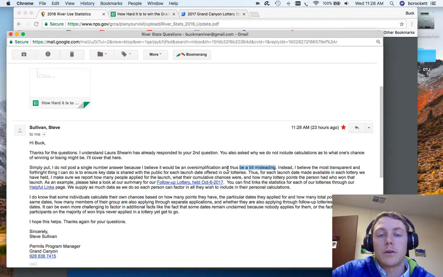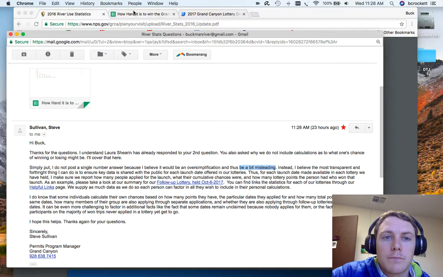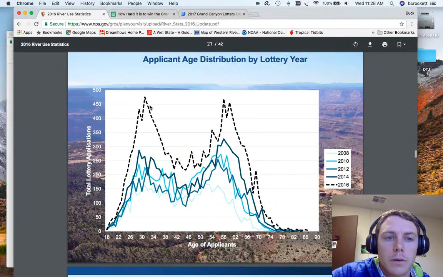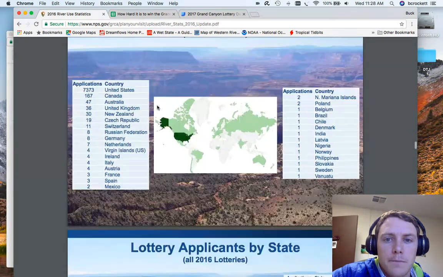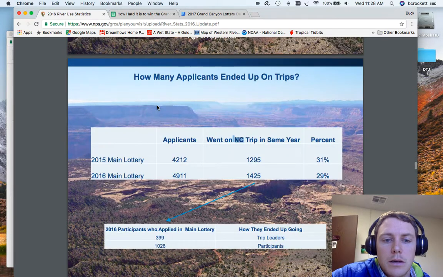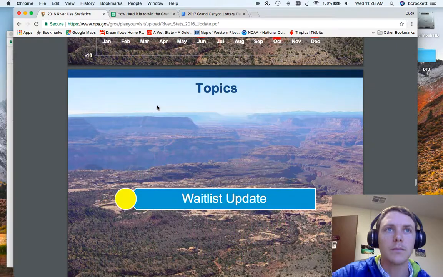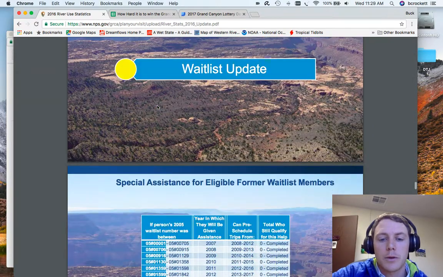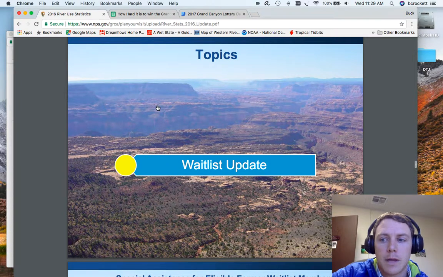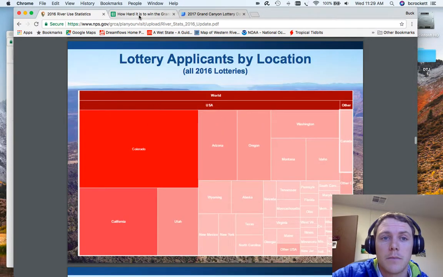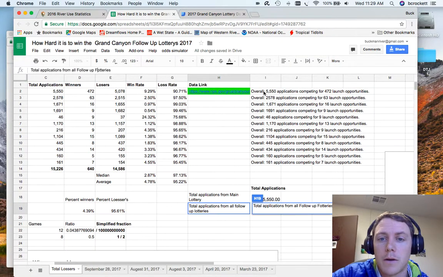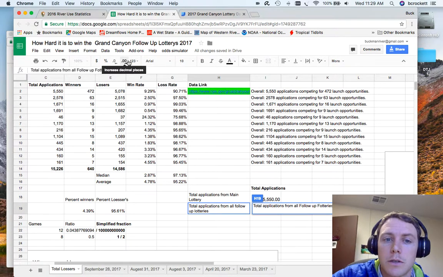So, my follow-up question for you, I want to display that geographically, is: when we look at the 2016 PDF, there's not any data that shows how many applicants there are for each lottery, in contrast with how many winners there are and how many losers. This data is listed at the bottom of the lottery statistics. You write overall 5,500 applications competing for 472 launch opportunities, but there's nothing to display that data